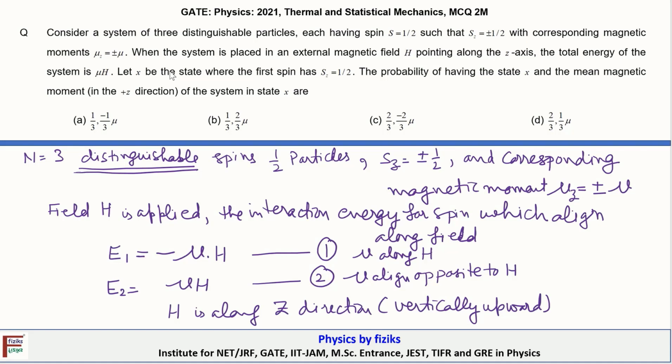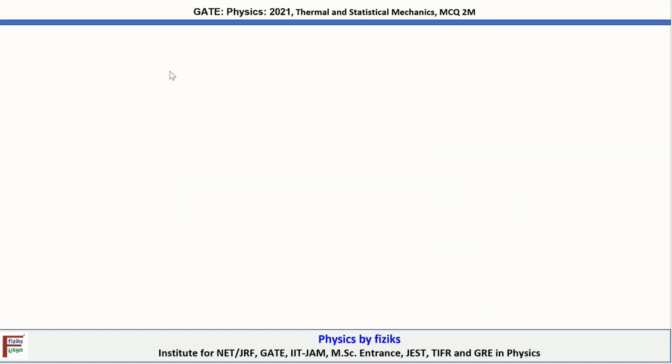Further, we will make another assumption. We will take spin up when the field is applied along the vertical direction H. So this is the field direction H. If the spin is aligned along the field direction, that is, in the upward direction, we take spin up